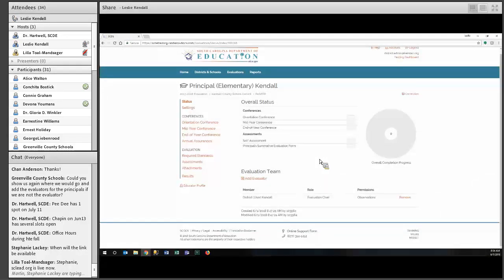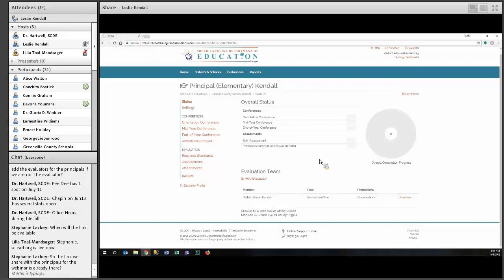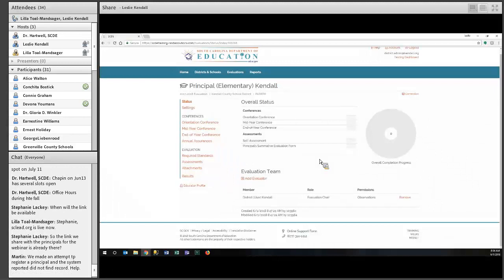And again, the PADEP administrator can set these up, or the evaluator can as well. And also just a reminder that whenever you select someone to be on the evaluation team, those are the people who will need to put their signatures into the conferences. Because if the DA or DU sign the conferences and they're not assigned on the evaluation team in this screen that's showing now, then the principals won't be able to access that self-assessment to complete.